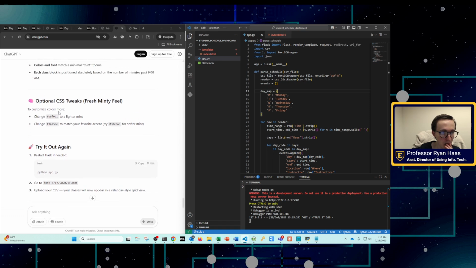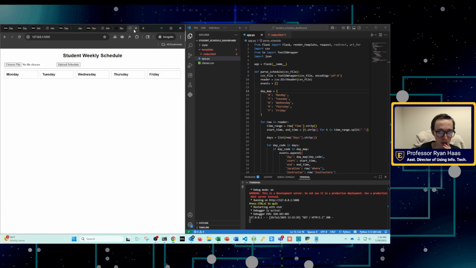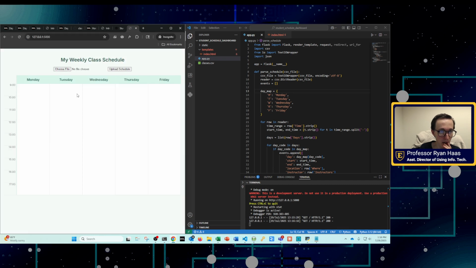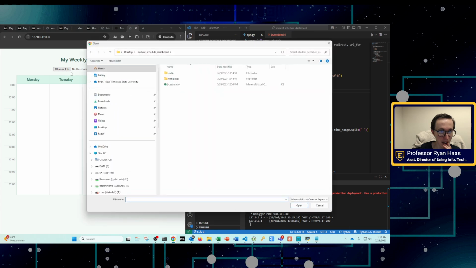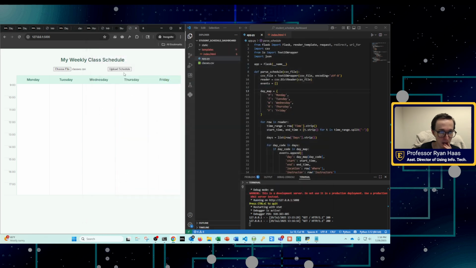And let's see how it looks. Let's refresh. And look at that. Now, let's see if it still works. Brilliant. And now you have a complete app that you could use every semester to visualize your class events.